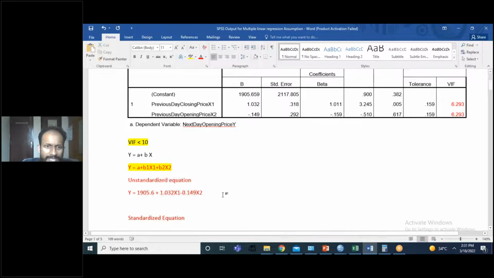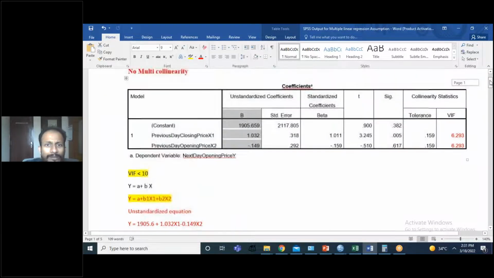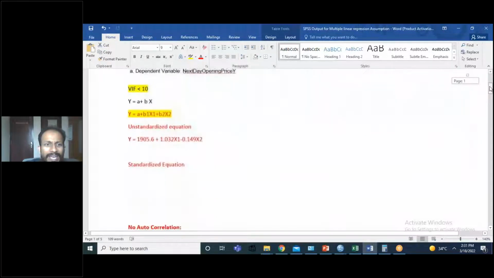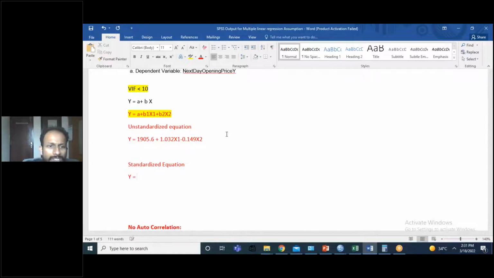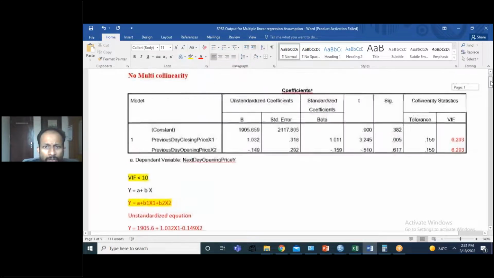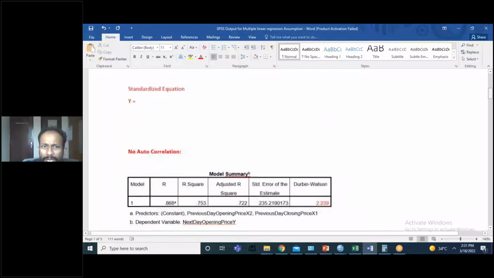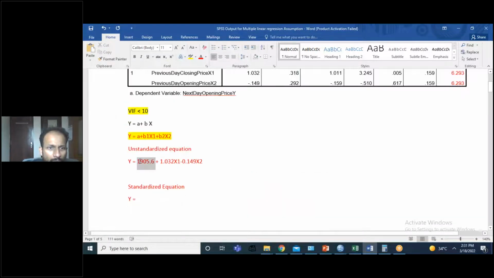So now what I have done is that I have substituted these values in the multiple linear regression equation, and these values are the unstandardized coefficients with the constant. Similarly, I can write the standardized equation. How do we have to write it? Apply the same method. Y is equal to, of course the constant is not going to change whether it is the unstandardized or the standardized one, so you have the same constant, 1905.6, plus